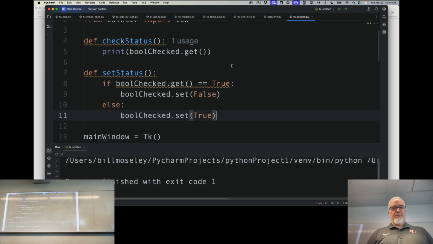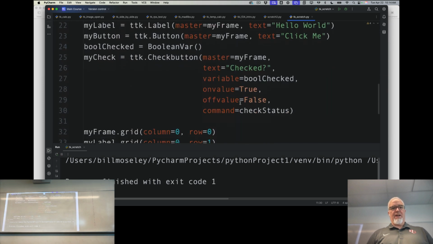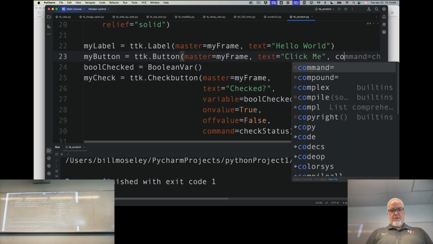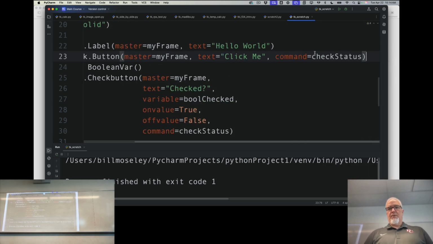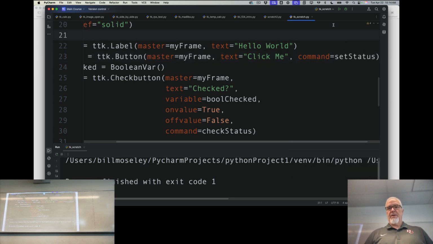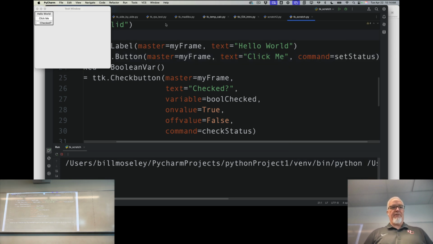Oops, one more thing I have to do before I run that is I have to assign that to the button. So the command equals, not check status, but set status. Okay, so there's that. Now if I run this, I can check this,